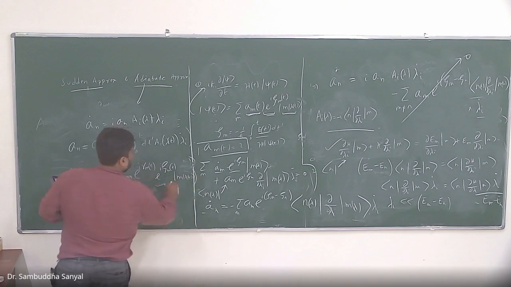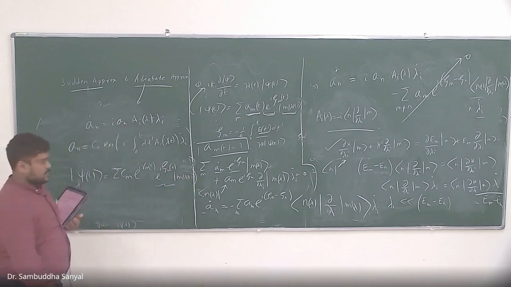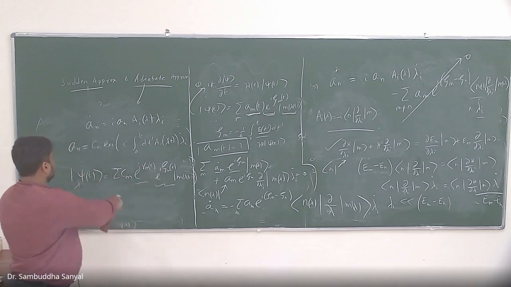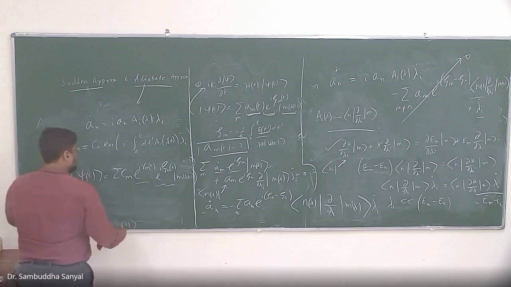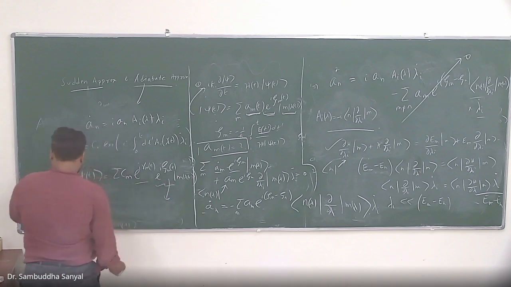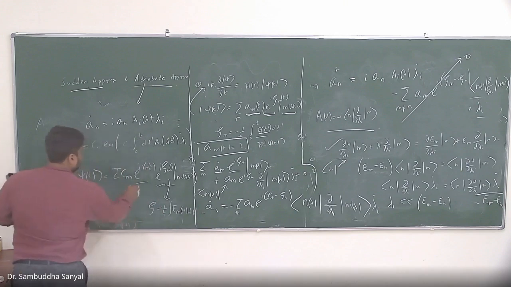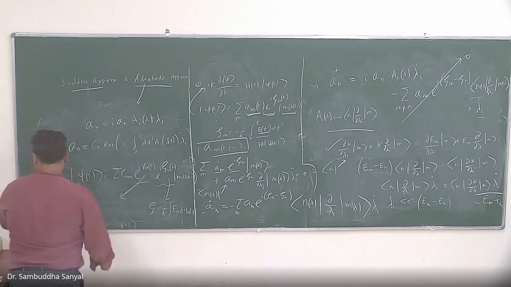This term was coming because of the zeta. This term came because of all this solution, that is this dependence. So this zeta is nothing but 1 by h bar, em t prime dt prime. This gamma is basically